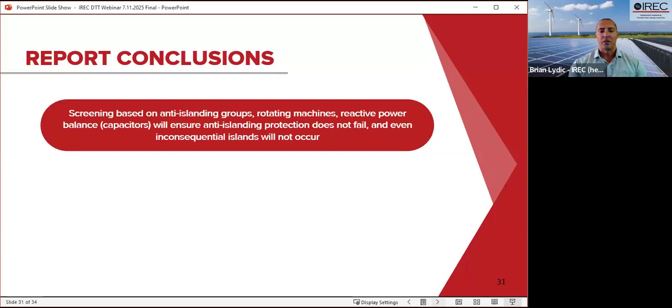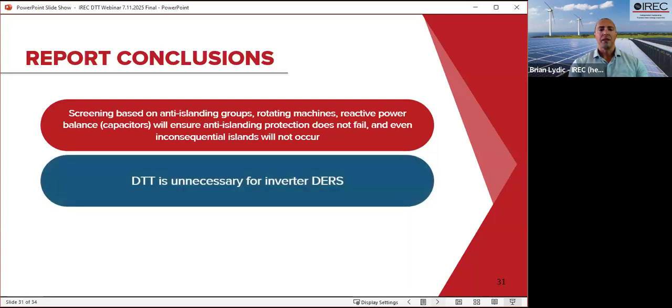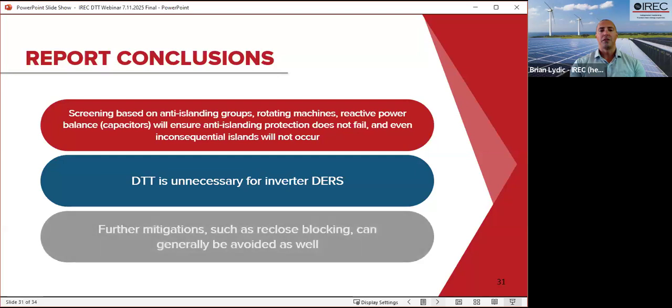They certainly are more complex than the basic penetration screening processes that we started out with and that some utilities still employ today. But we think it is worth it to avoid the application of mitigations where they're likely unnecessary. So that means direct transfer trip is simply unnecessary for inverter DERs broadly, although it would still be used for rotating machines. And if you recall, if we have inverters coupled with rotating machines, then as long as we're keeping rotating machines to a lower percentage of the island, then that will ensure that the anti-islanding